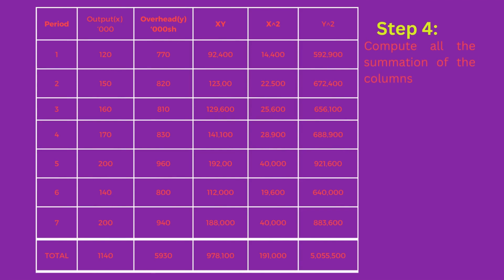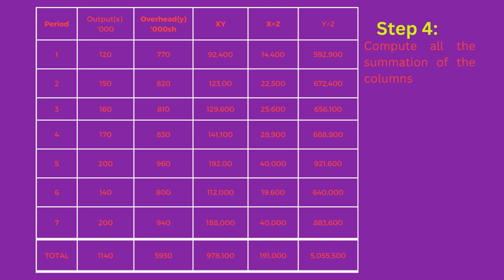In our fourth step, we compute the summation of all the columns. That's from the column X, where we have our output. So we add another row, which is the eighth row. After the period 7, we add a row which we call totals, where we have the summation of X, which is